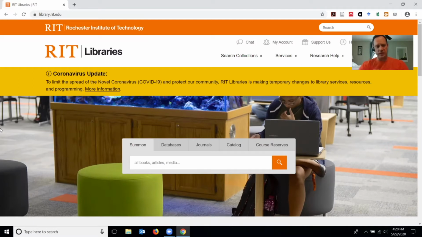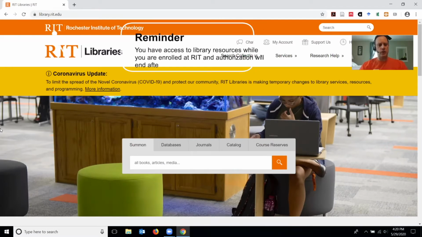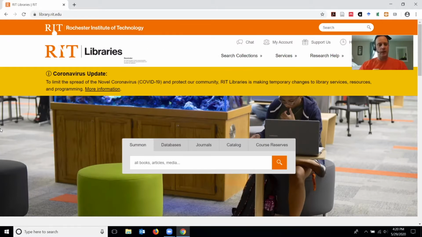But before I proceed, as a side note, I just want to remind everyone that you have access to library resources while you are enrolled at RIT. Authorization to use most of these resources will end after graduation. You can contact the library for information on what you can access as an RIT alumnus post-graduation if you're interested. Right now, while you're working towards your dissertation, it's all available for you